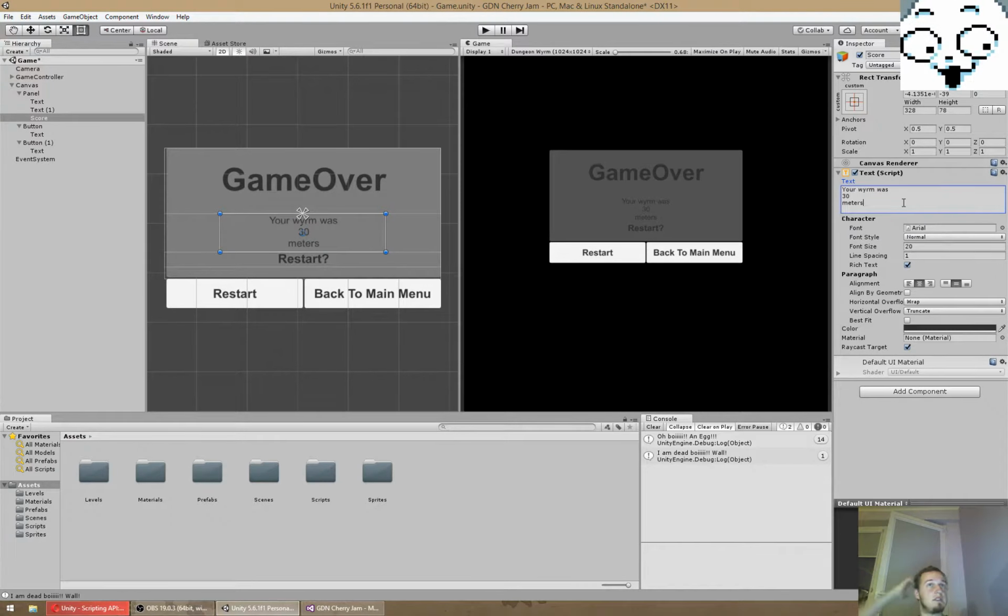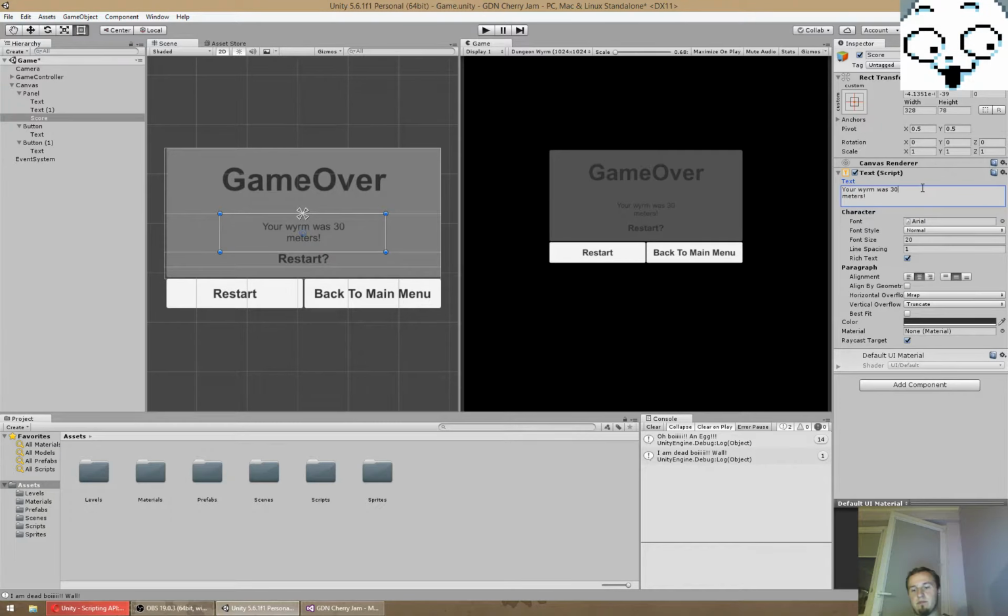Yeah, this sounds about right. And I will then load the high score from the user prefs and add this. Yeah, this sounds good. So your worm was 30 meters